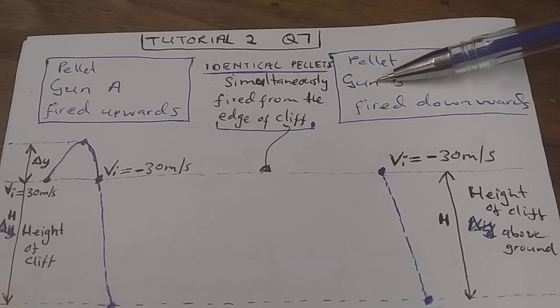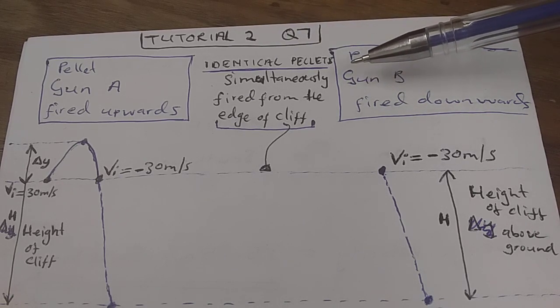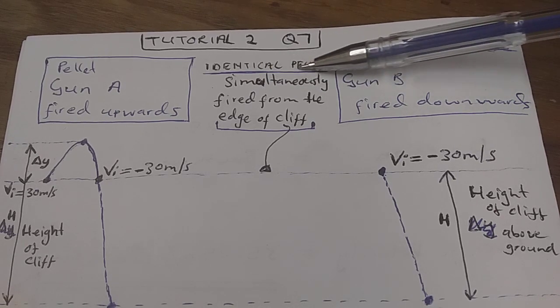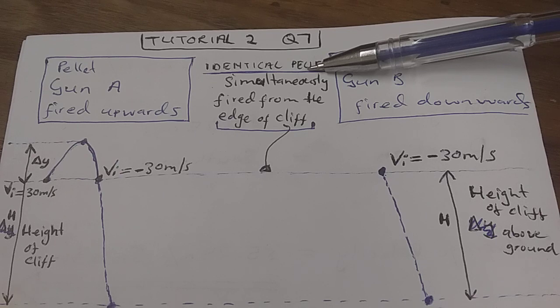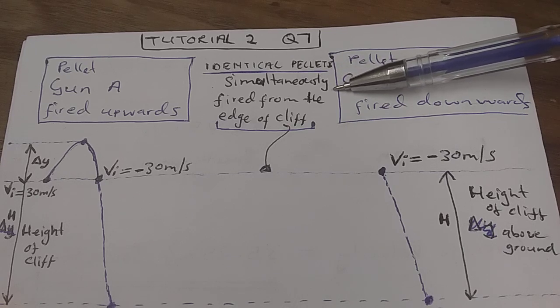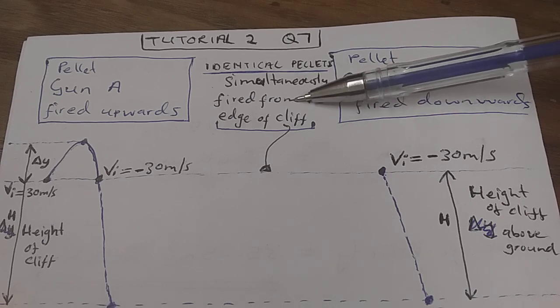Also, both of the pellet guns are fired simultaneously, which means at the same time. There is no lagging in time with regard to firing of these guns. They are being fired at the same time from the